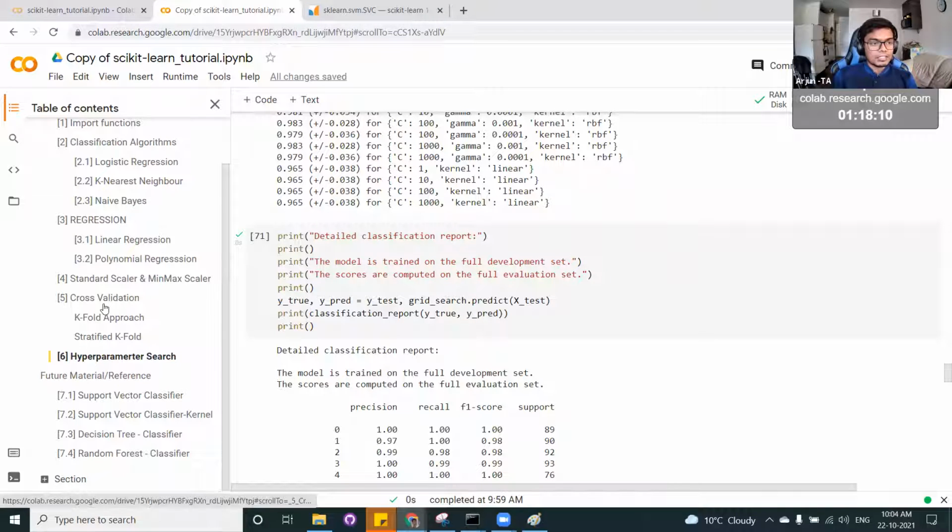And we have seen cross-validation approaches where we have seen k-fold. So sometimes when you have a very imbalanced data set or very sparse data set with sparse output classes, you might be misled with a biased training and biased testing data set.